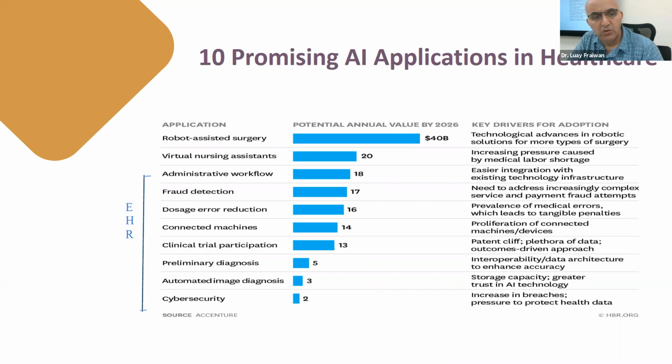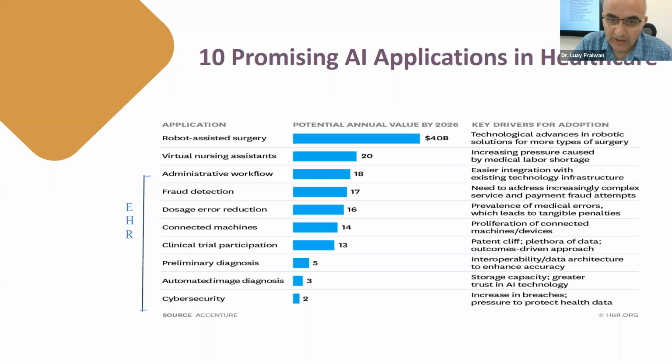Now, according to HBR.org, they said that the current potential for 10 applications for AI in healthcare with huge budget is, the first one is robotic surgery. Okay, and the budget expected, the market share in 2006 will be around $40 billion worldwide. Okay, then we have virtual nursing assistants. Now, it seems that you will not have a nurse, you will have a kind of an automated AI system that will help you, as the nurse will help you, unless you want the nurse to come to you and do something. Also, we have